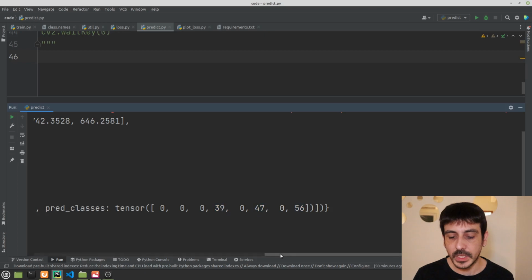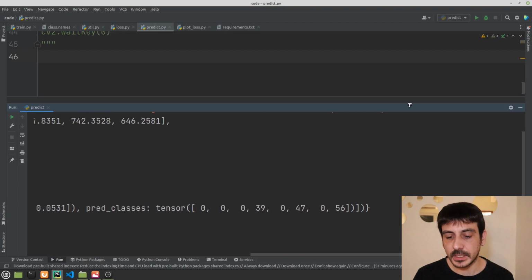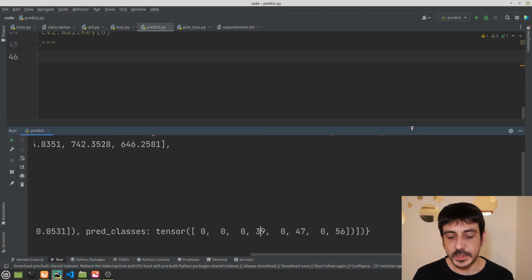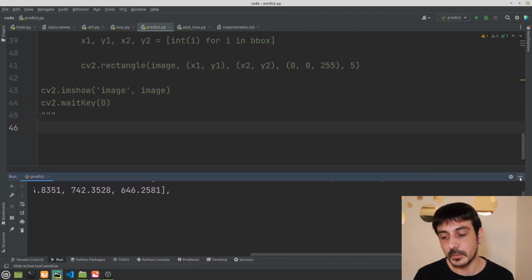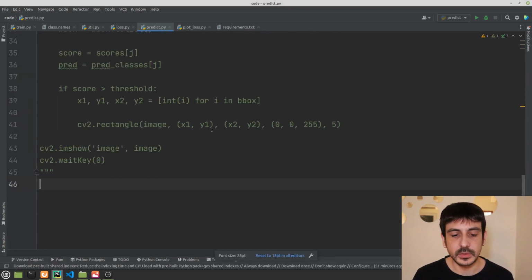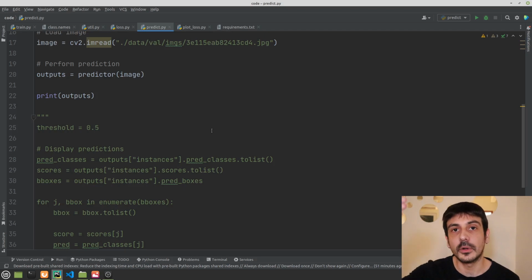So please take a look at the numbers you are getting here, and please take a look that everything makes sense, and just make sure you are only detecting the numbers you should be detecting. And if you are getting some random numbers, as I'm doing right now, just don't use those predictions. Do something like an if, and if the number you're getting is not within your classes, then just don't use those predictions. Do something like that.